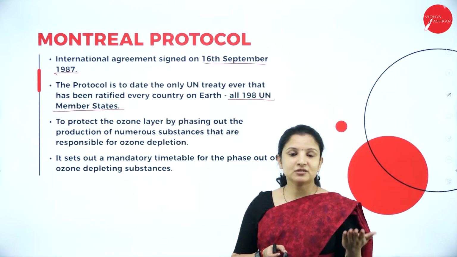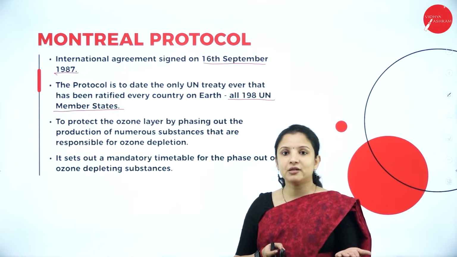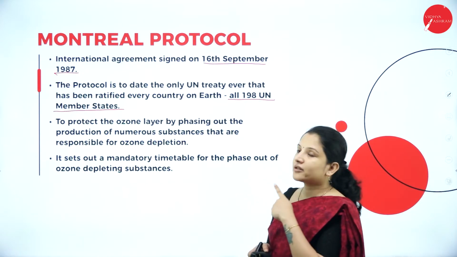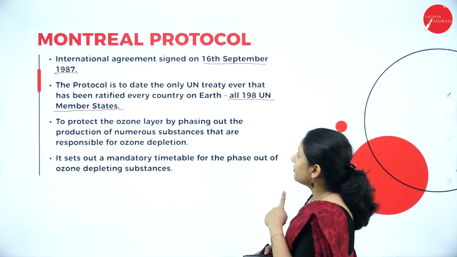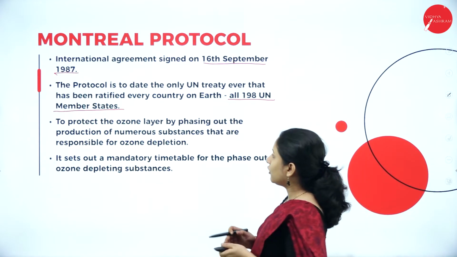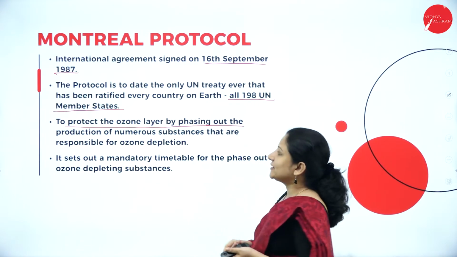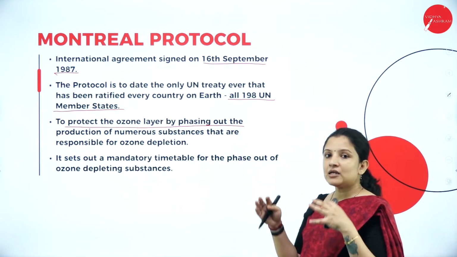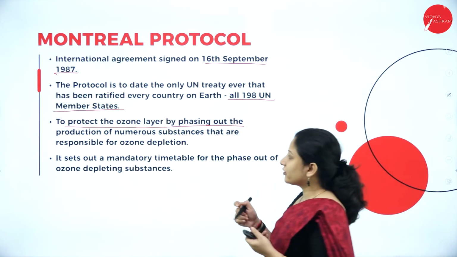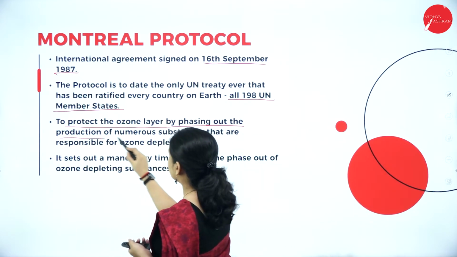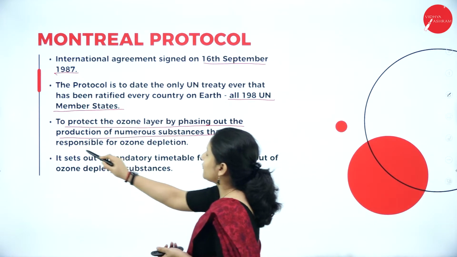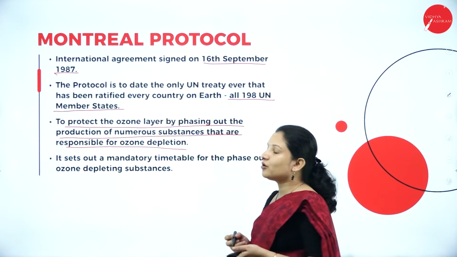No, there have to be some rules and regulations, and only then will people follow. That was done by the Montreal Protocol. The main function of the Montreal Protocol is to protect the ozone layer by phasing out, or by completely stopping or reducing, the production of substances